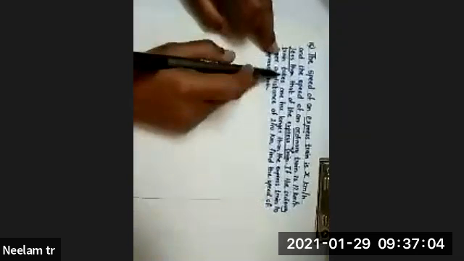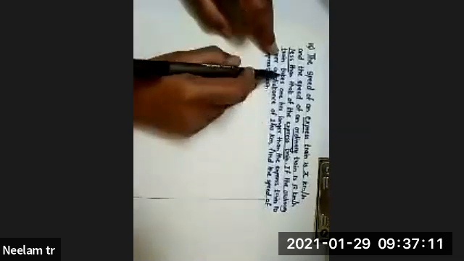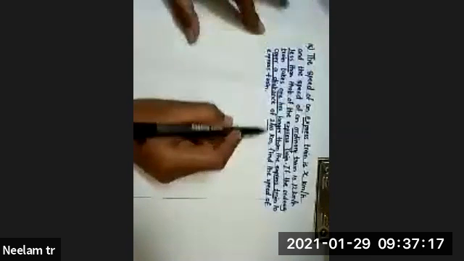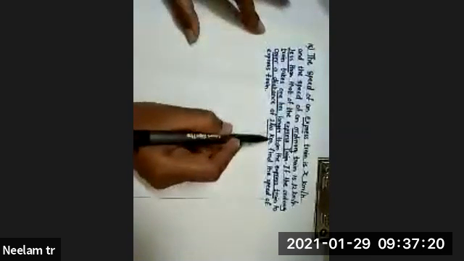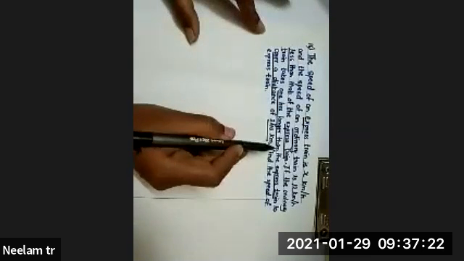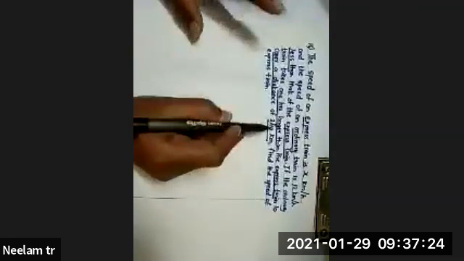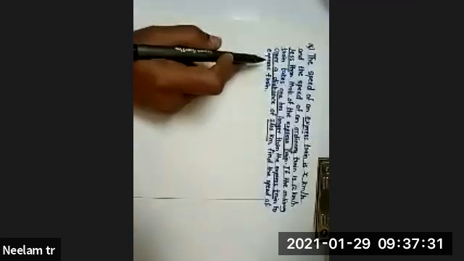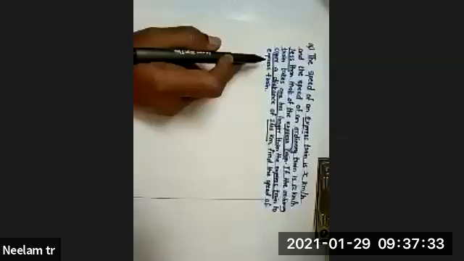If the ordinary train takes 1 hour, see here one more keyword is there. The ordinary train is taking 1 hour longer than the express train to cover a distance. The distance of both the trains is the same, that is 240 kilometer. Only the speed will vary, but the distance is same, that is 240 kilometer. They are asking you to find the speed of the express train.